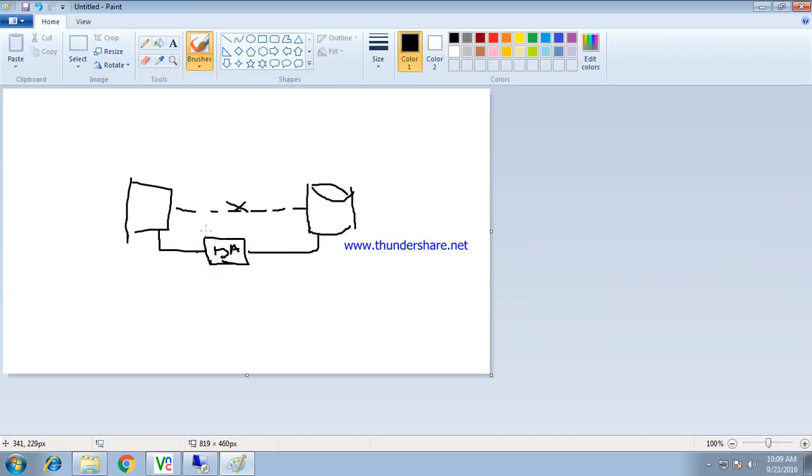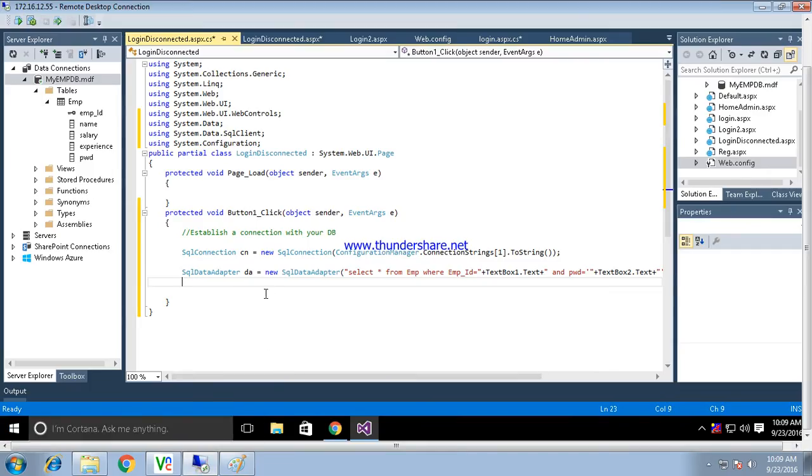By means of the data adapter, you can send the data from the database to the web application, or vice versa. That is why we refer to the data adapter as a bridge between your application and your database.